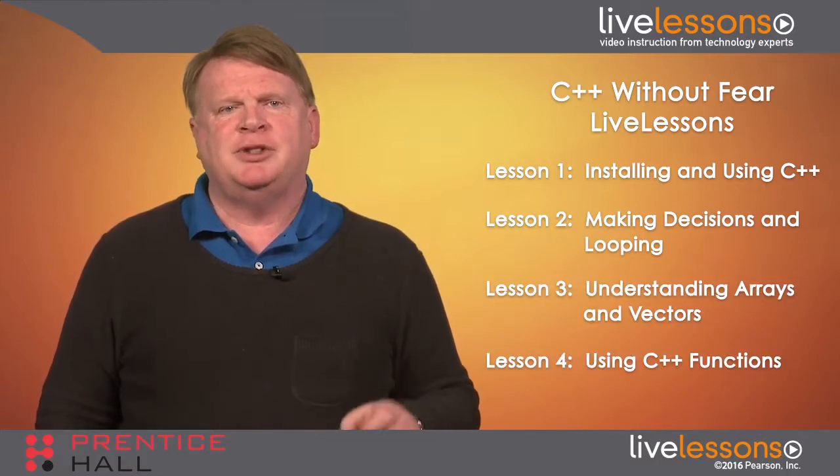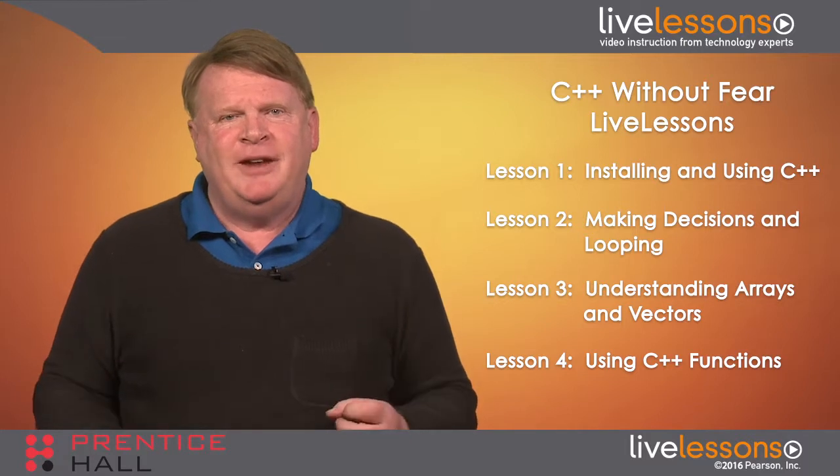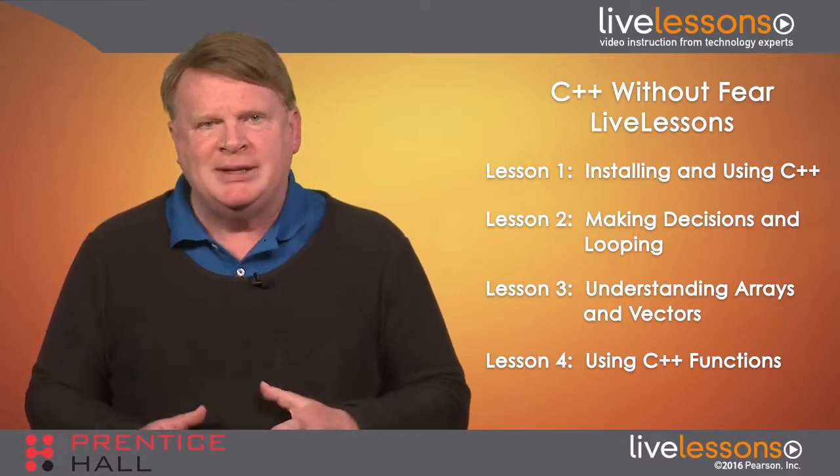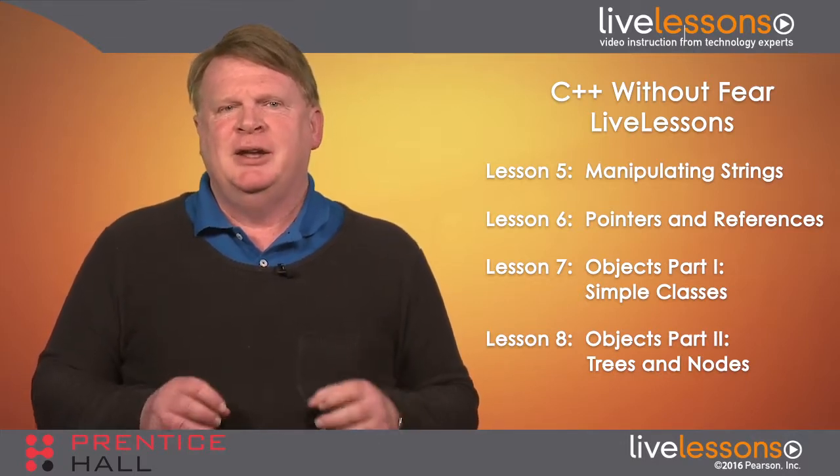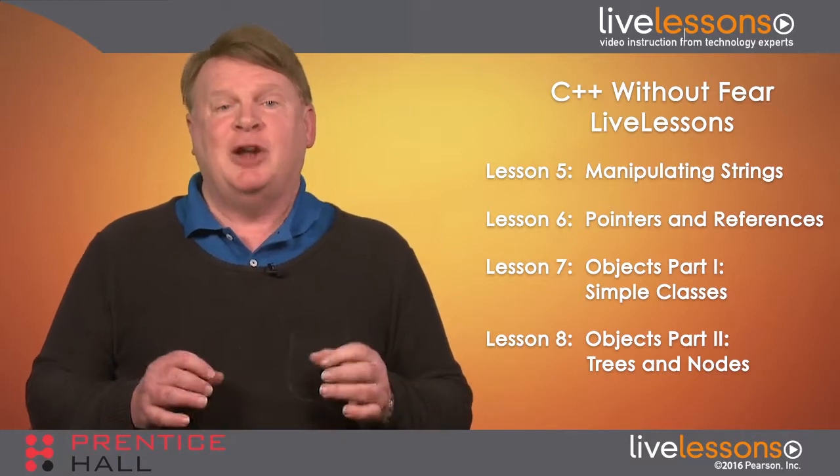In the first lesson, I show how to install the C++ compiler and write a simple program that does basic input and output. Then, in lessons 2 through 4, I explain how to use C++ control structures. These are the features that allow you to determine what happens next and how it happens. Lessons 5 and 6 concern text strings and, yes, the dreaded P word, pointers. Finally, in the last 2 lessons, 7 and 8, we'll tread deeply into the dark heart of C++, the mysterious world of classes and objects.